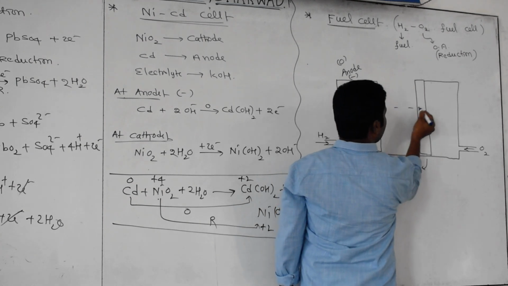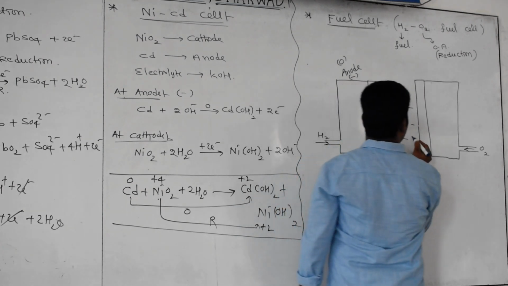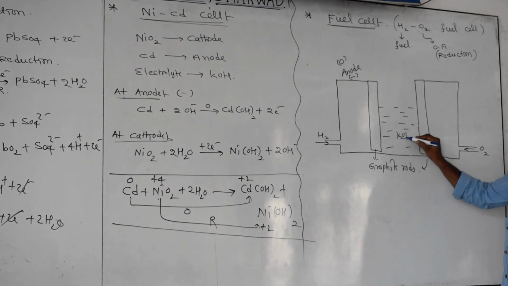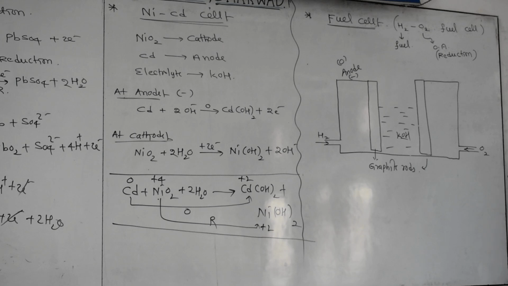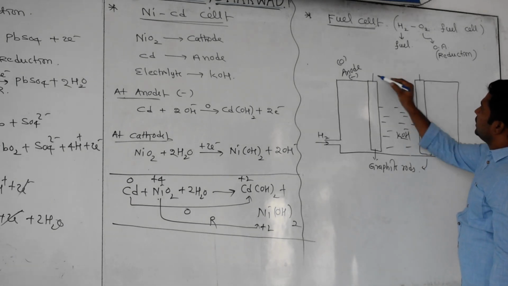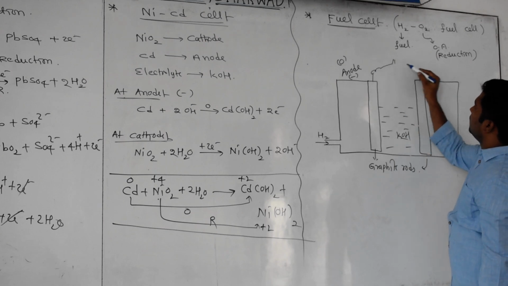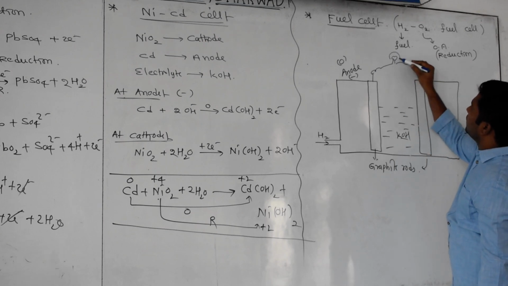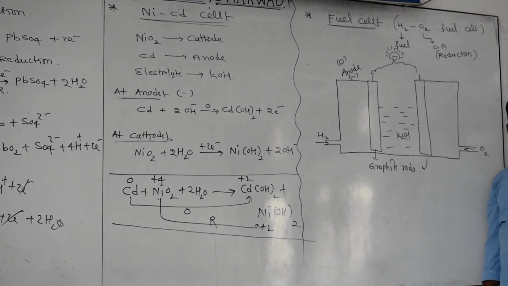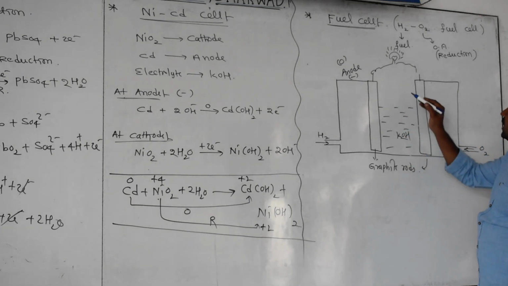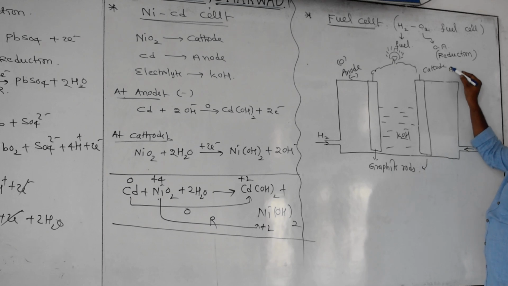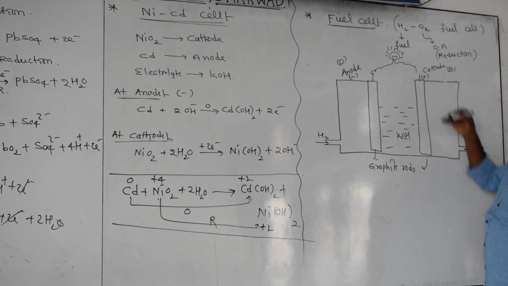And in the middle, between the two graphite rods, we have to take an electrolytic solution, that is aqueous KOH solution, as an electrolyte. Now, we keep one terminal that will be connected to the bulb. Automatically the bulb will go on, which means from the device we are getting power, electricity. So the anode is negative, and automatically this is acting as the cathode. There reduction will be going on, so it will act as positive.